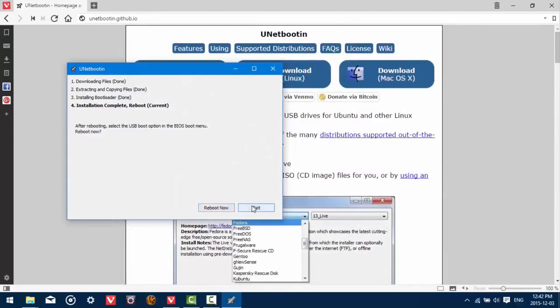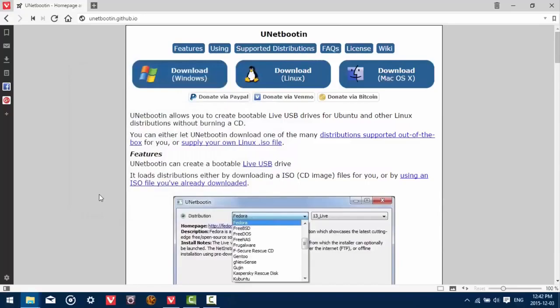So feel free to either reboot now or exit and then manually restart the computer. So when your computer's turned off, you're going to turn it on, and you're going to have to press the key to enter into the BIOS boot menu. I'm working on an HP laptop here, so my key is F9. So when you hit the power key, you're going to need to repeatedly tap this key to make sure that you get it at the right time. It's usually a small window of opportunity there to get it. So I'm going to just tap on the F9 key,